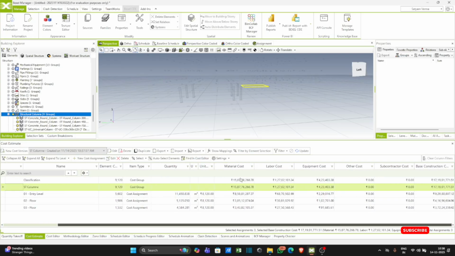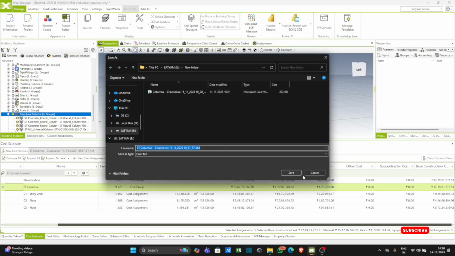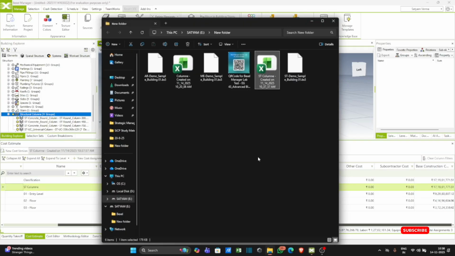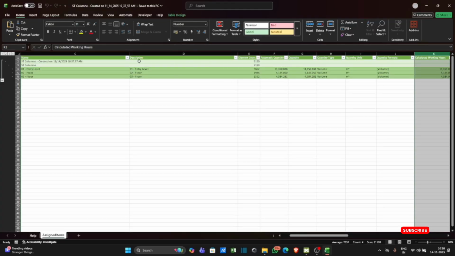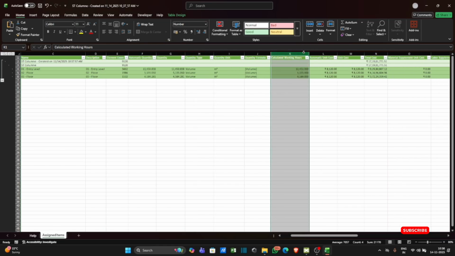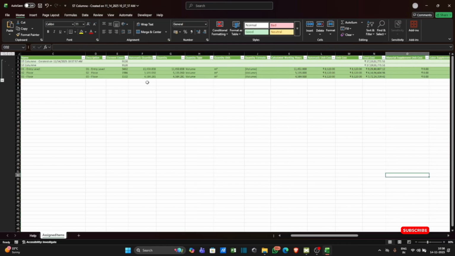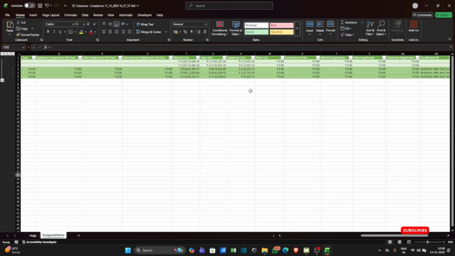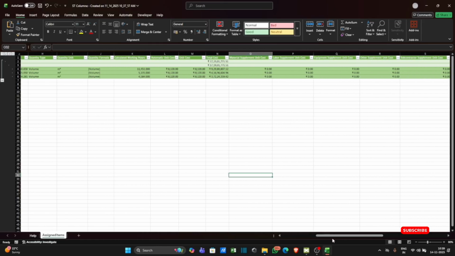If you want to generate this report, go to export cost estimate and create. Now this is my Excel file which can be used in a report. Here we can see quantity type, volume, total cost, and the material cost, labor cost and equipment cost are defined in our report.